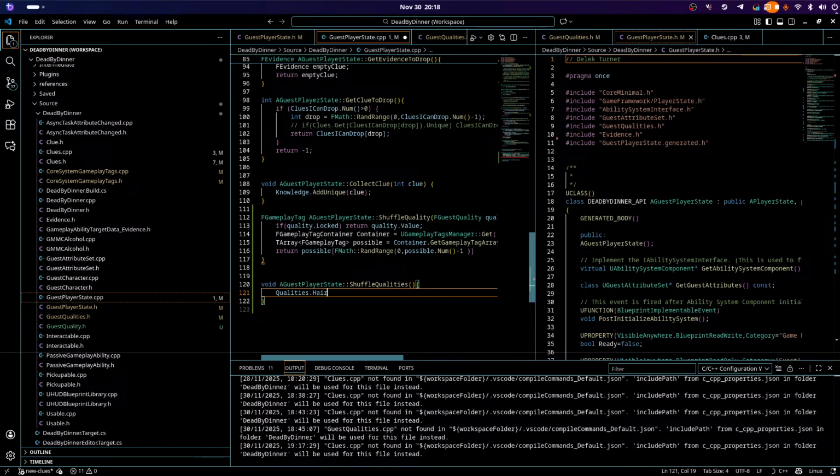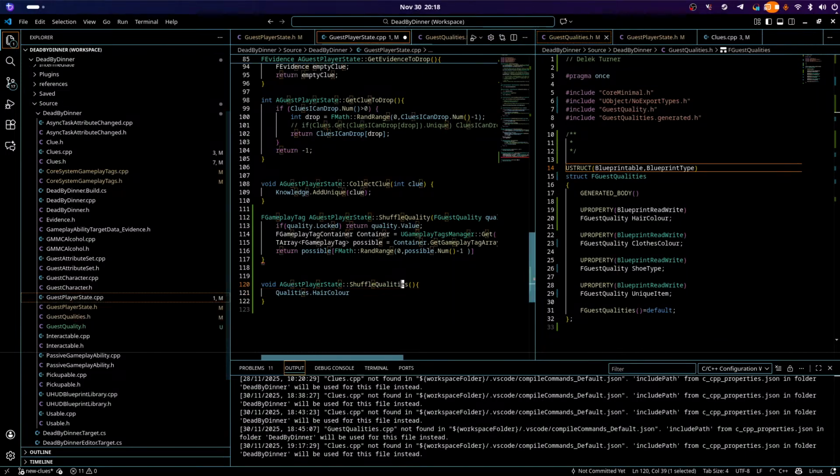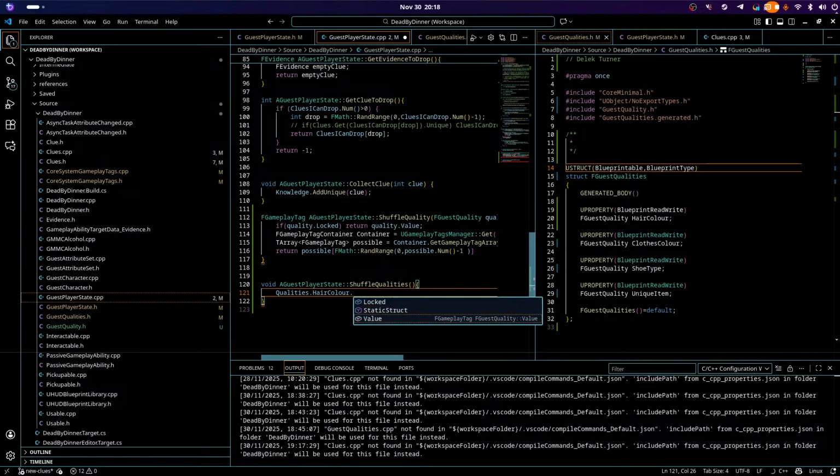See, it doesn't hair color, right? Because if we look at qualities, let's open that over here so we can look at it. We've got hair color, and its dot value is gonna be